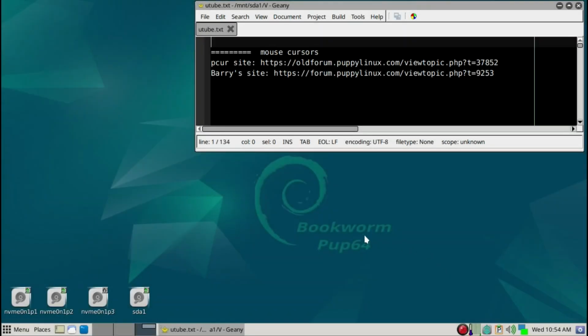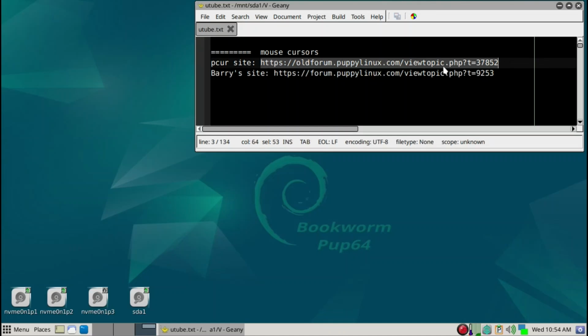I have booted into Bookworm Pup64 PuppyLinux, and we'll be talking about mouse cursors, how to download and how to install them in PuppyLinux. So I'll leave an address to these sites, but the first site we want to go to is this here,